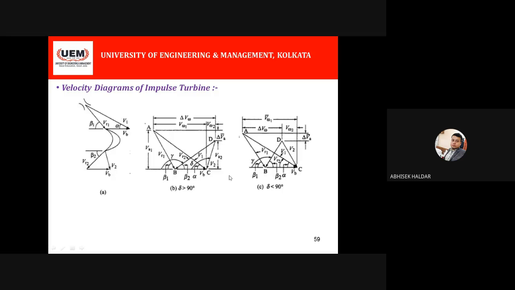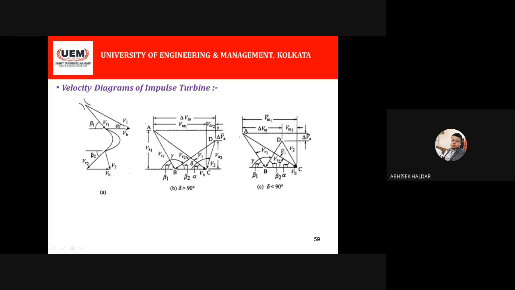Delta angle I am coming to afterwards. Just for example, if the outlet velocity triangle is like this, this will be my combined velocity triangle. This is my inlet velocity triangle. You can see this is my V1, this is my VR1. There are so many angles, I am explaining one by one. This is the inlet velocity triangle ABC, and this BCD is the outlet velocity triangle.